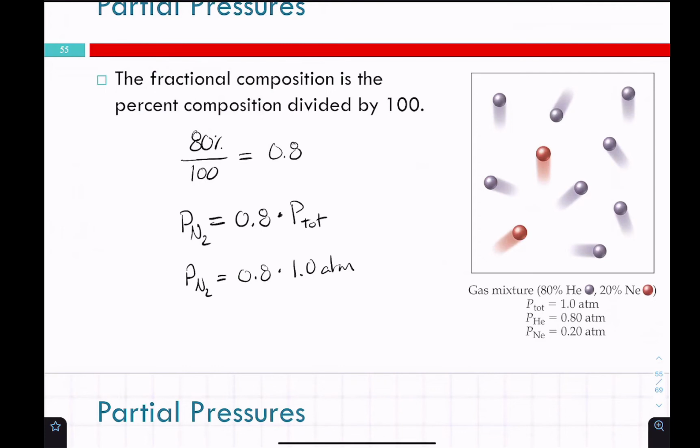So if we have a gas mixture that contains 64% methane and 36% ethane, and the total pressure is 1.44 atmospheres,